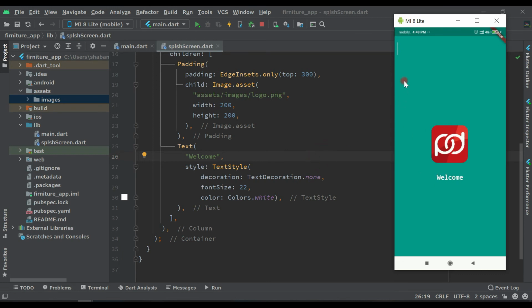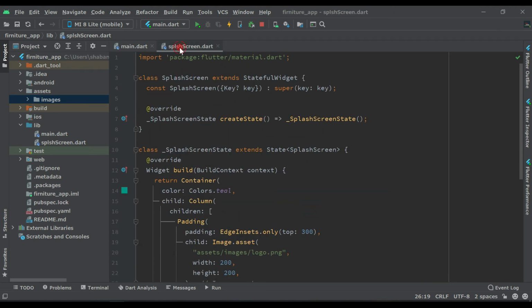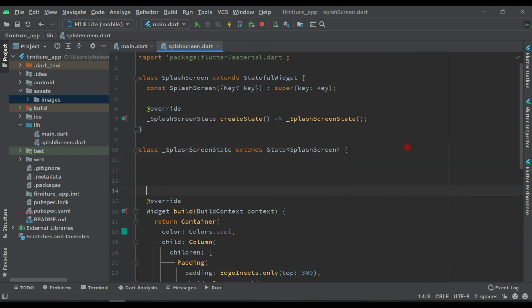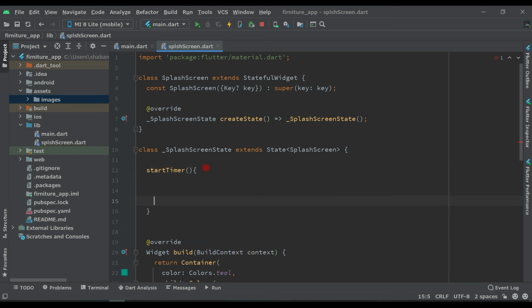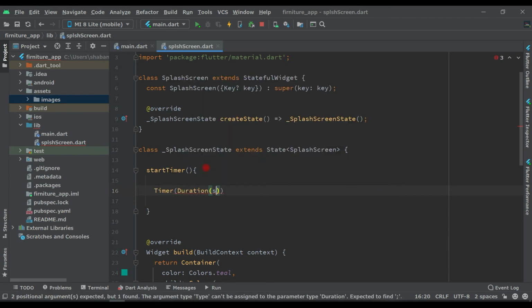So what we have to do for that, let's come here in the splash screen, and before this override, make one function, startTimer, and open bracket, and here Timer, Duration, open bracket again, seconds.